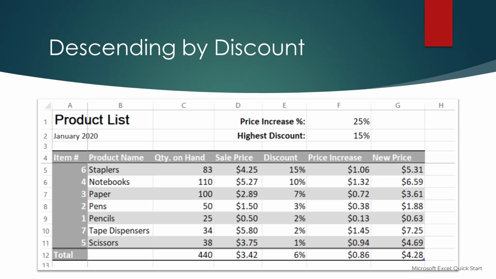In this view, I have reordered the data in descending order by the discount column. Now we can easily find the highest discounted product and all its details. Notice, though, that there are 2 products with a 2% discount, pencils and tape dispensers. How did Excel know what order to put these in? It actually didn't. But we can tell Excel what to do by specifying more than one column in our sort.